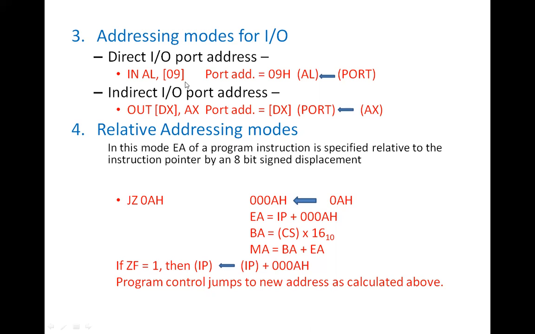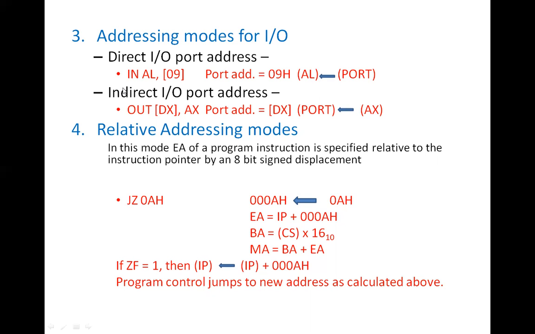So what does it mean? It means this is the source and you want to copy it into the lower accumulator. The port address is 09, so whatever is the content of the input device whose port address is 09 will be copied in the